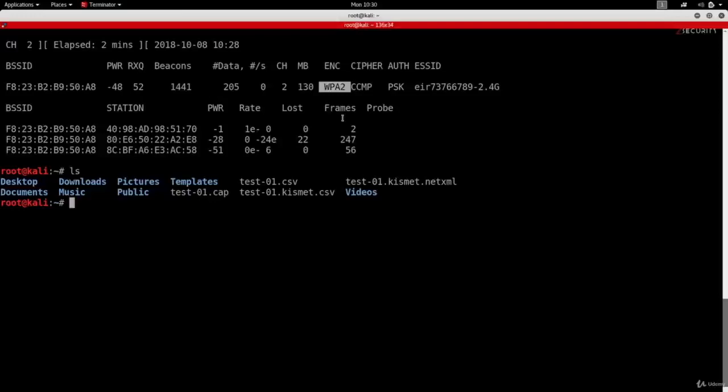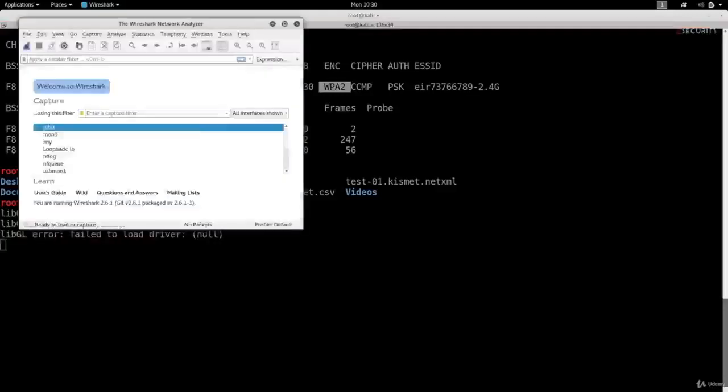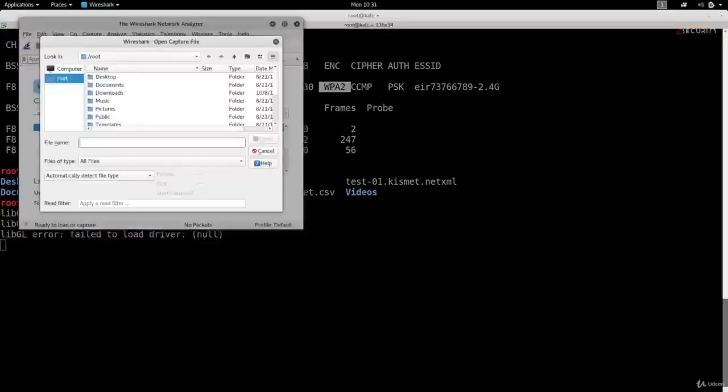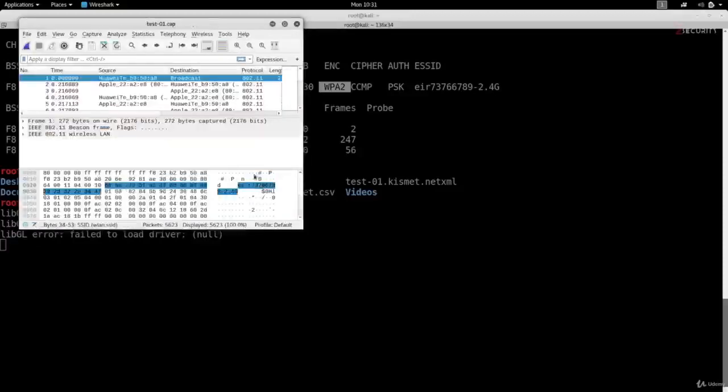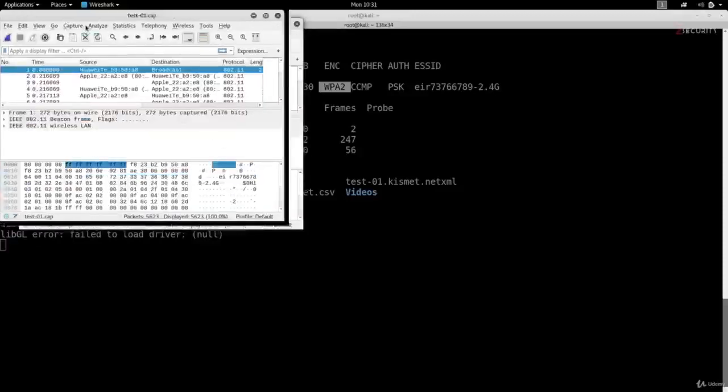So I'm going to type wireshark to run Wireshark. And then I'm going to open my capture file. So I'm going to go to File, Open, and it's already in my root directory. So I'm just going to scroll down and select my test1 cap. I'm going to open it, and I'll just put this in full screen.